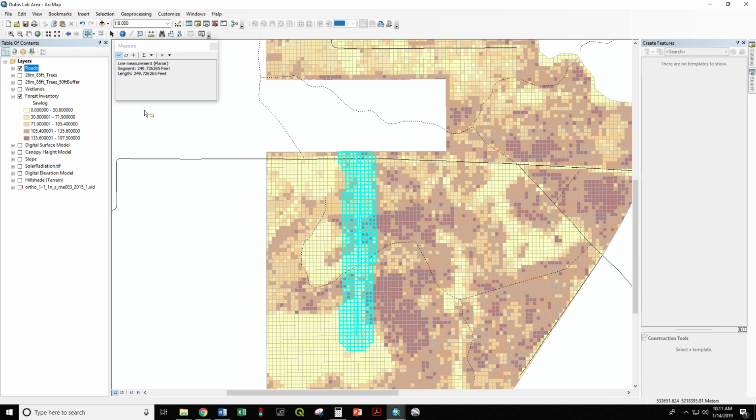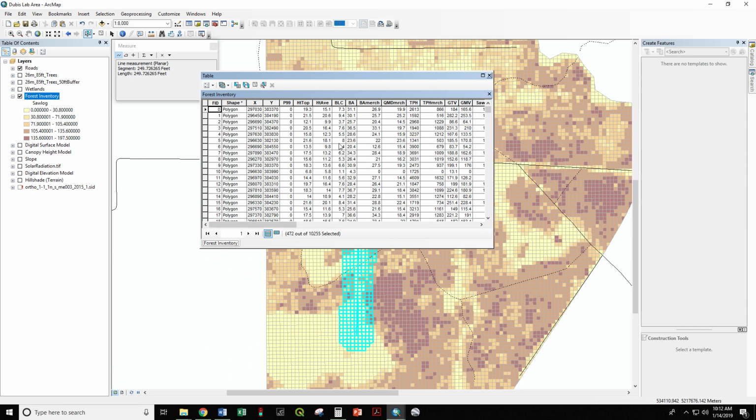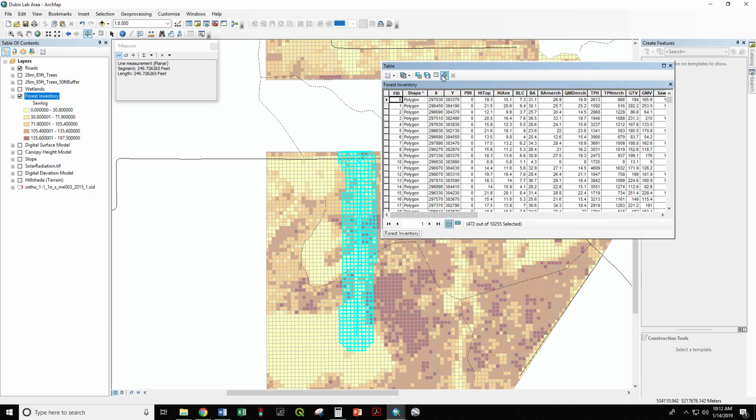There is no wood. So we can see visually that here and here are likely to have saw log volume, but we want to have an actual criterion set. 100 cubic meters is our minimum for this operation. So let's go into the attribute table, right click, open attribute table, and we want to select by attributes,